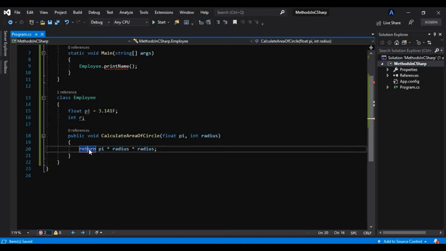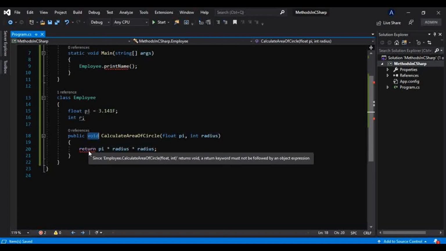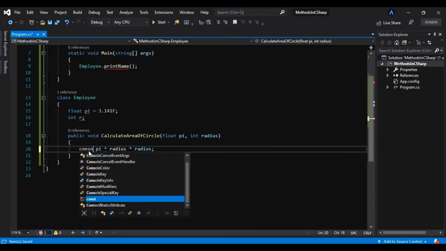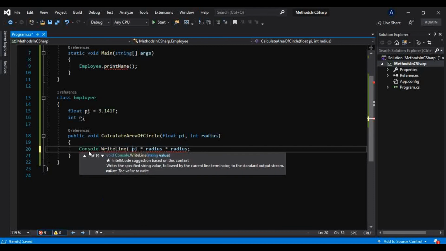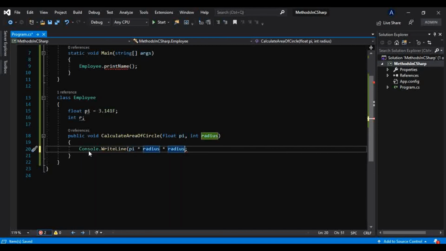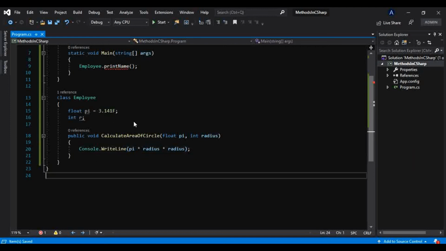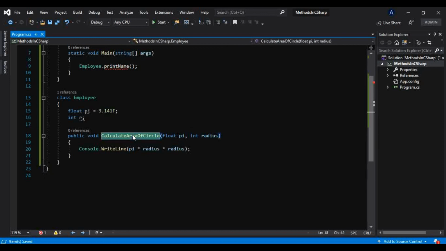Because we are returning, so we don't have to return because we have taken this method as void. So we will directly show that on the console. Console dot write line, whatever the result is. And I will call this method using this employee object.